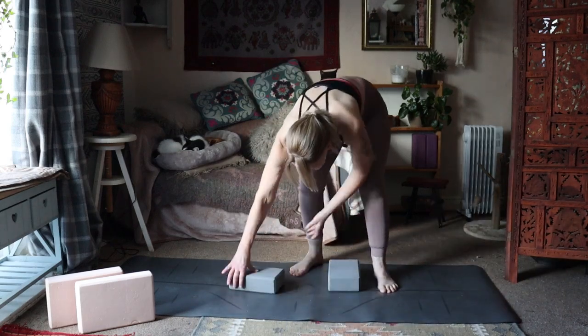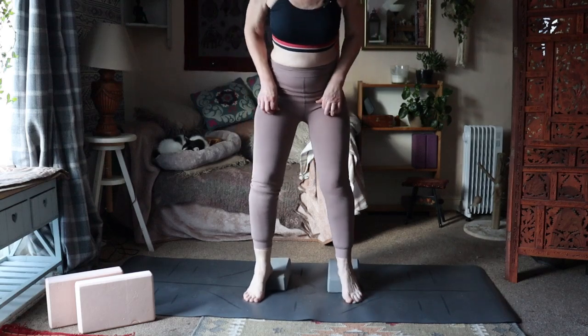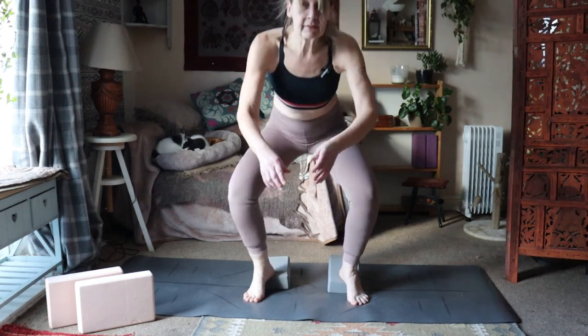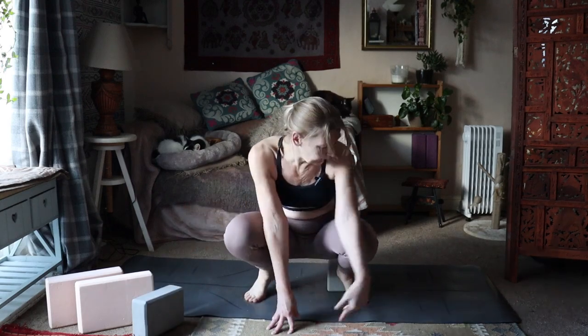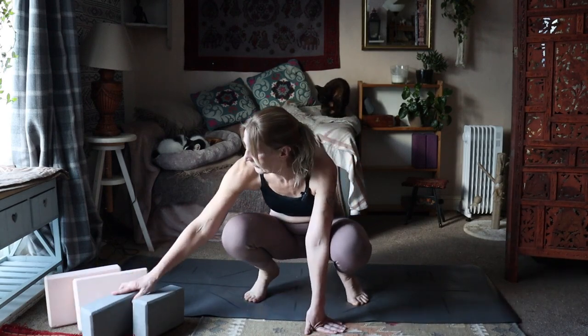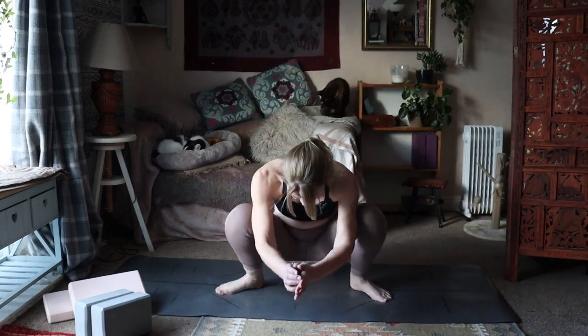So what you can do, if you're having difficulty putting your heels down, is you can get a blanket, or you can get blocks. Prop up your heels, find your support. You can always keep your hands down. But I want to work on my ankle flexibility, which I find difficult in Skandasana. So I'm going to put those aside, and I'm going to start by